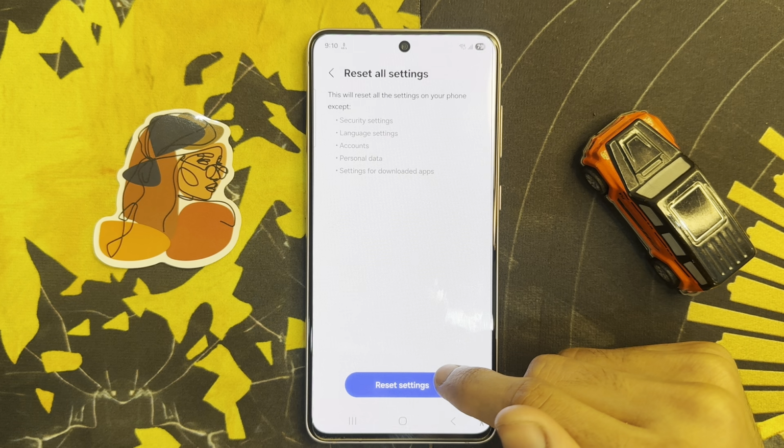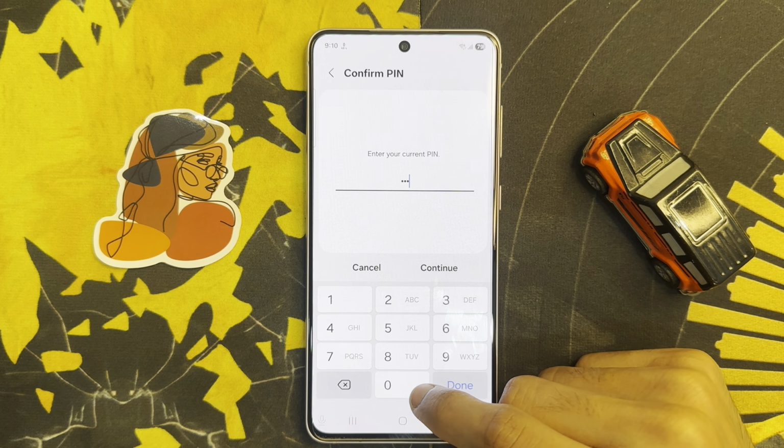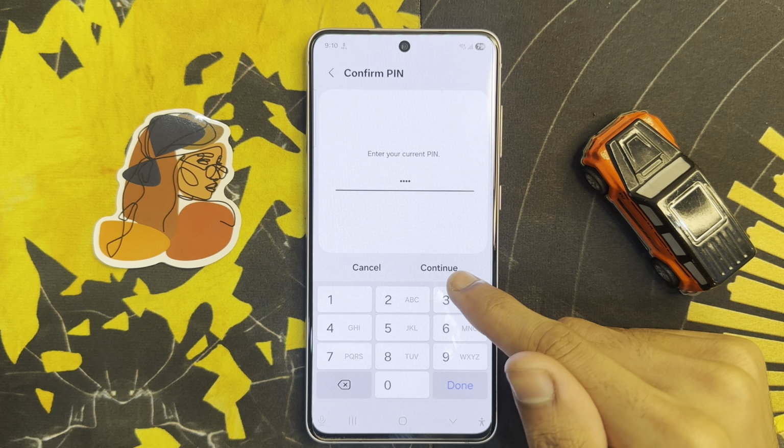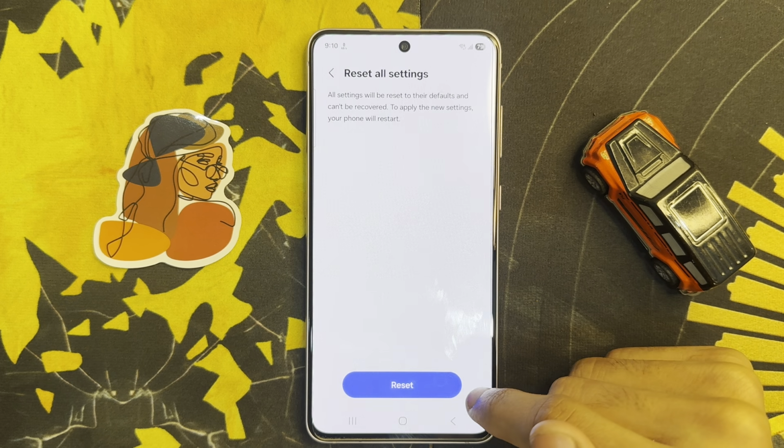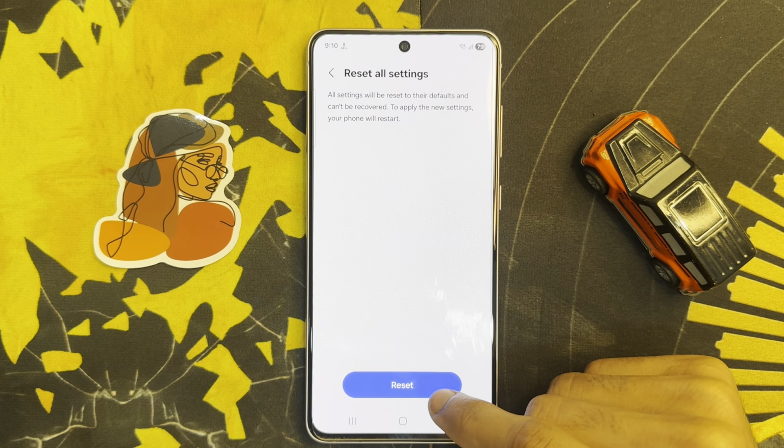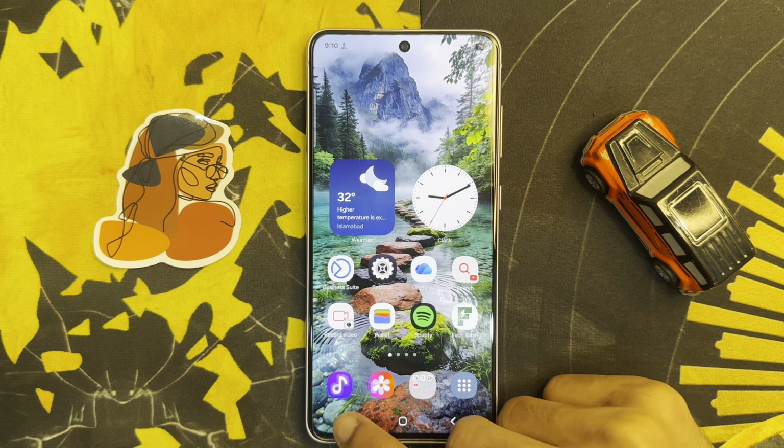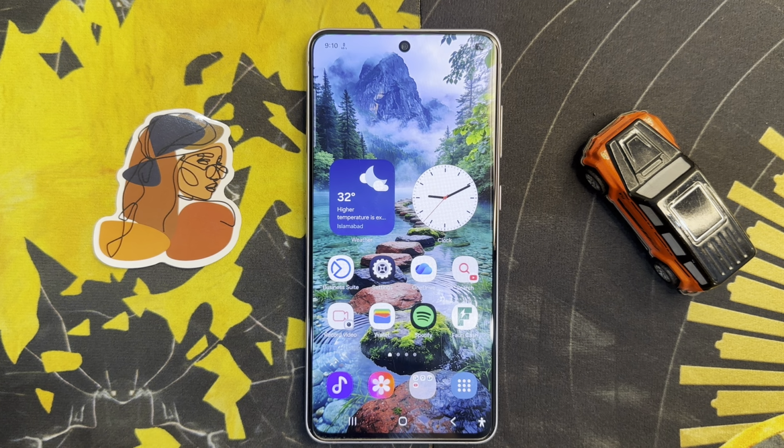Click on Reset settings, enter phone PIN, click on Continue and click on Reset. After clicking on Reset, go back to home screen. You will see your problem is solved. But if it's not solved, if you want to fix this problem,